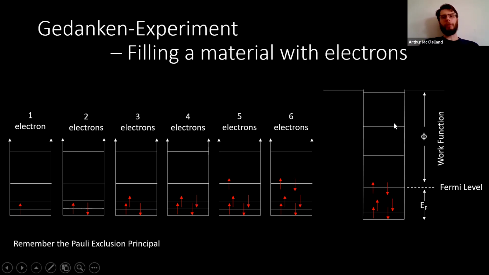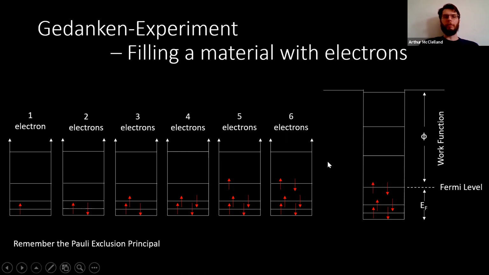And we can eventually build up to a full model of a material. So we fill to a certain level. This level ends up being called the Fermi level. This is where the electron population is. The Fermi energy is the level from 0 to the Fermi level. We'll talk about this more next week, but the work function is the amount of energy it would take to pull an electron all the way out of the metal. How much energy do we need to yank this electron all the way out of the material? That's what's called the work function.